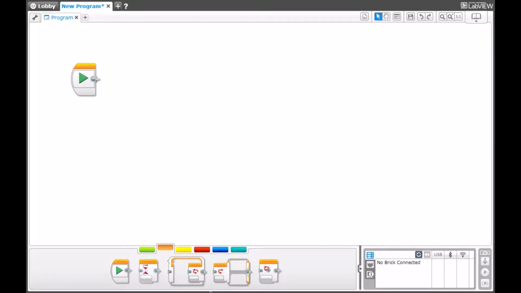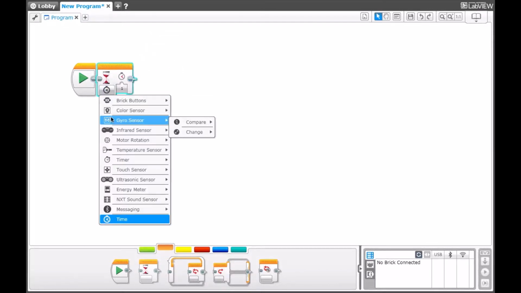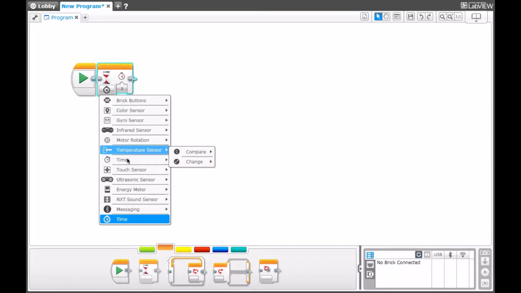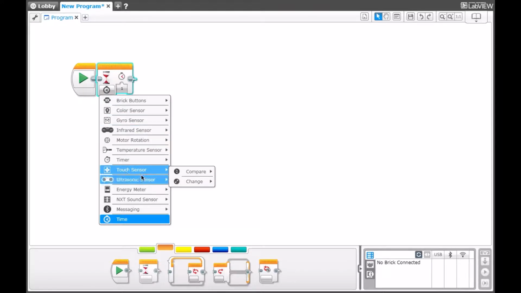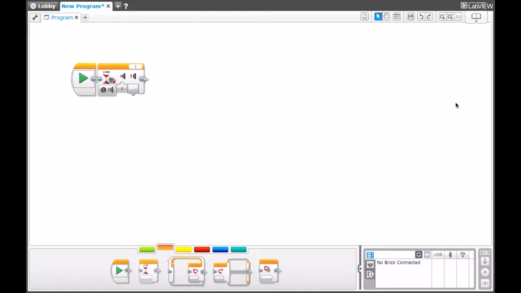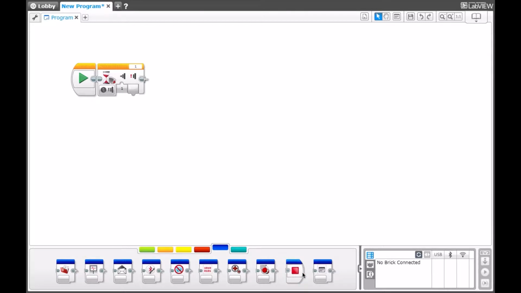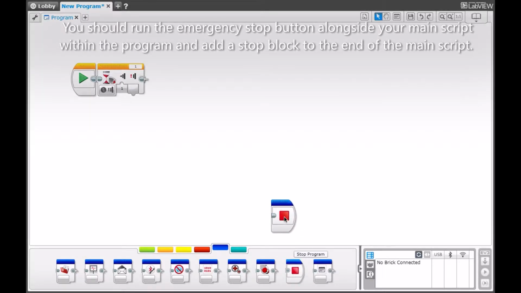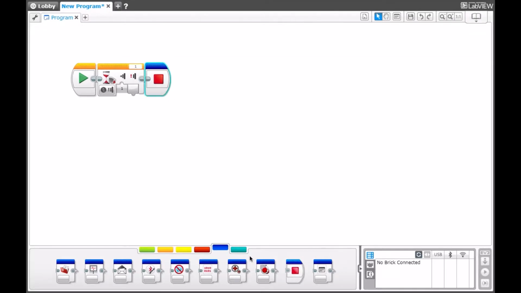Now, a quick tutorial on how to make it. First, you take a wait block, and then you change it so that it is on touch sensor, and then you take a stop block, and then you go to the My Block Builder,